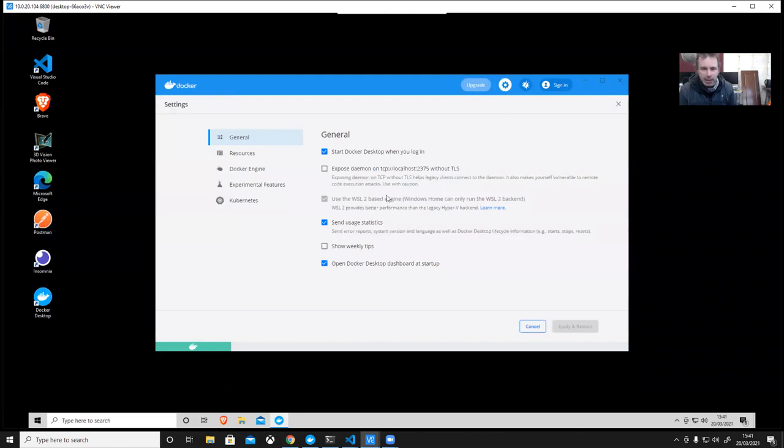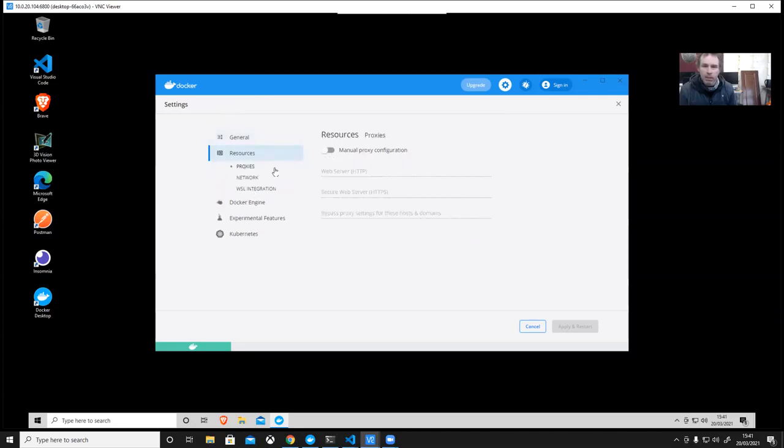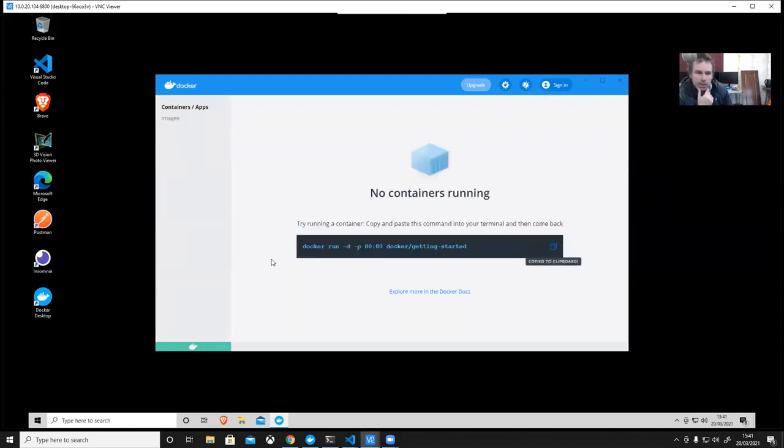Go into settings and check that use WSL2 based engine is enabled. Then we go to resources and we check on WSL integration. Enable integration for default WSL distro, and also we can enable integration to any other distros that are available. If you've got multiple ones, you can just click on these and tick them, apply and restart. And you wait for a little while for them to restart and do their thing. Okay, once all of that is correct, we can go out of settings, make a copy of this,